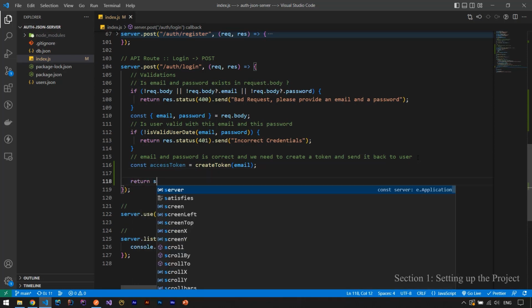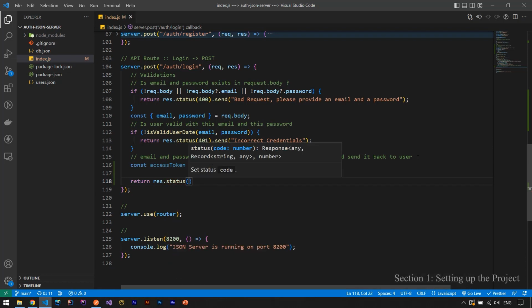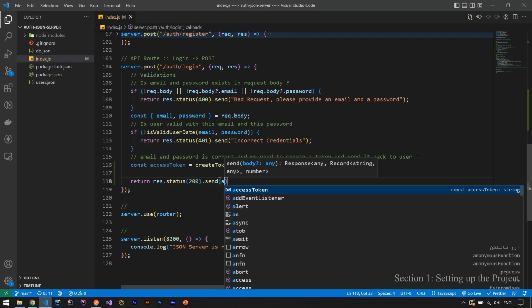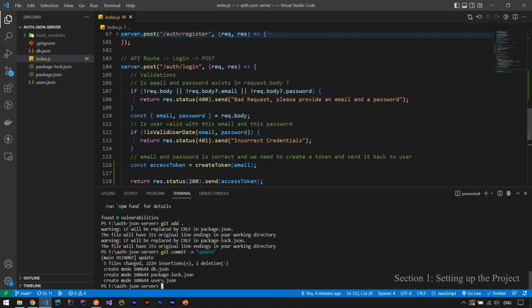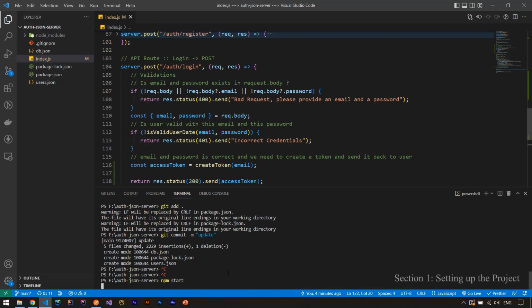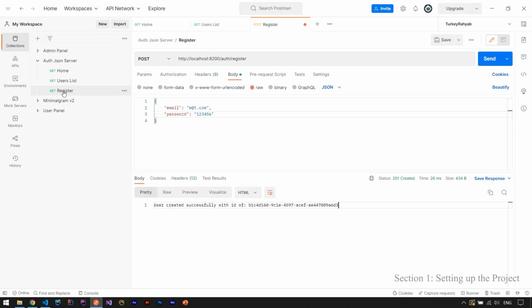So we say return response dot status would be 200 dot send this access token, and let's check npm start. Okay, now let's